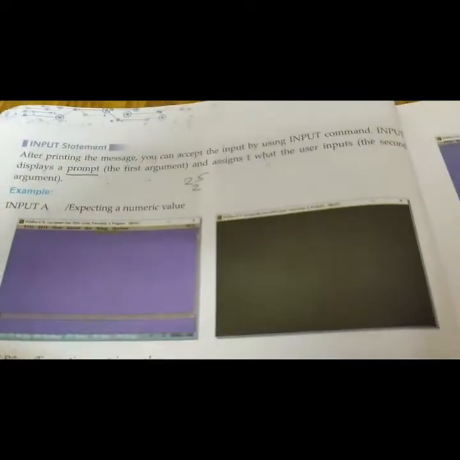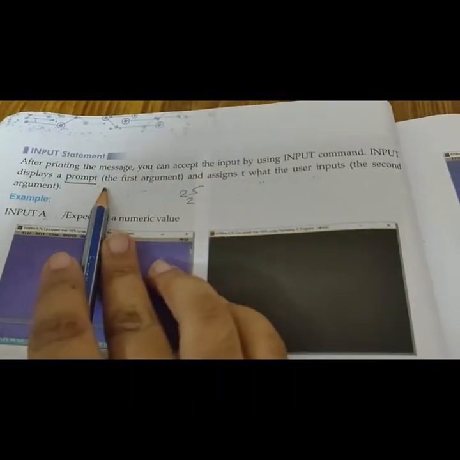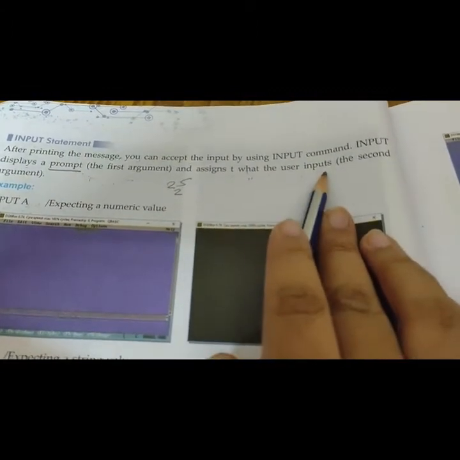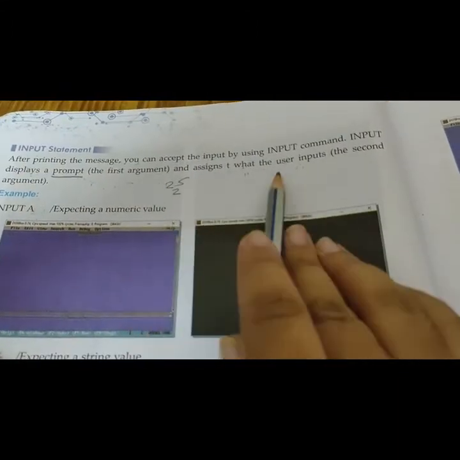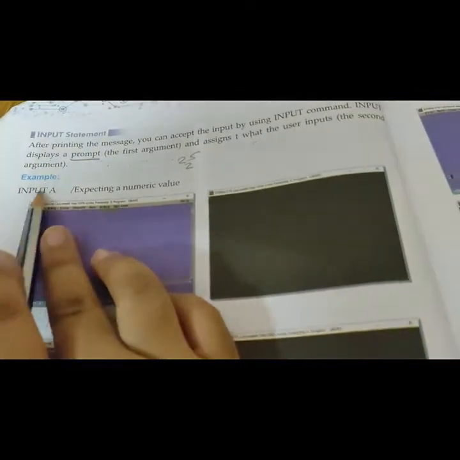How can you use it? Input displays a prompt and assigns what the user inputs. Whatever you give as input, it displays that prompt. Okay. How? The example is input A.